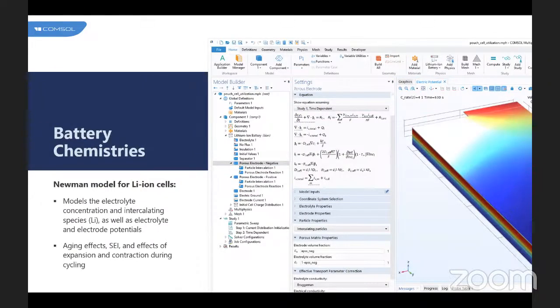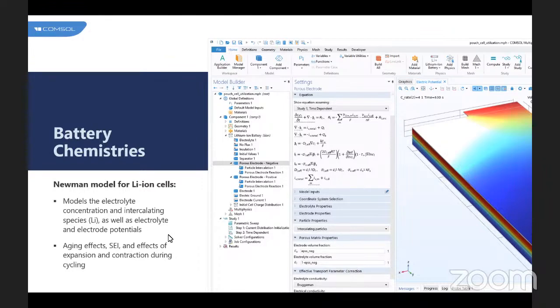Now going a little bit deeper into how we are modeling these electrochemical reactions, because that is the core basis of it, which is also called the battery chemistry for different types of cells. Talking about the Newman model for lithium-ion cells, you can see this is a snapshot from the COMSOL interface, and it has a physics interface called lithium-ion battery. It has a porous electrode as a feature, and here you can see all the equations which are being modeled, which is actually the Newman model for lithium-ion cells. So through this feature, you can model the